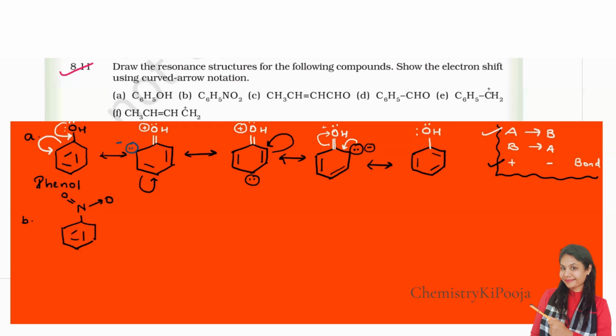Double bond between nitrogen and oxygen, and a coordinate covalent bond between nitrogen and the other oxygen. Now, there is one more trick you can apply. Instead of going from atom to bond and bond to atom, you can skip this. Instead of two steps, we can do it in one step. That is bond to adjacent bond. Now, this nitrobenzene, we can draw it in a similar way.